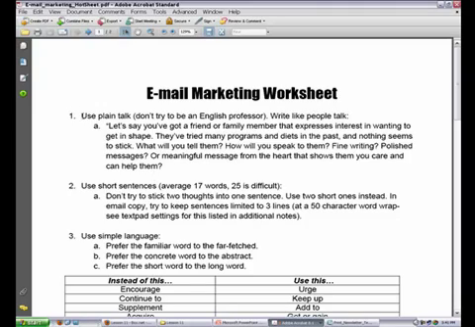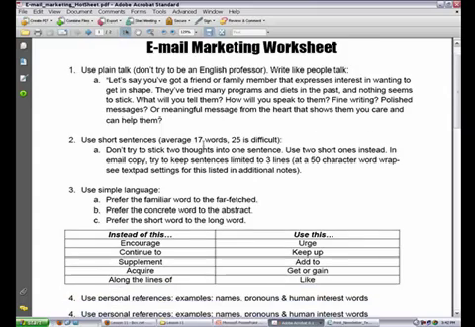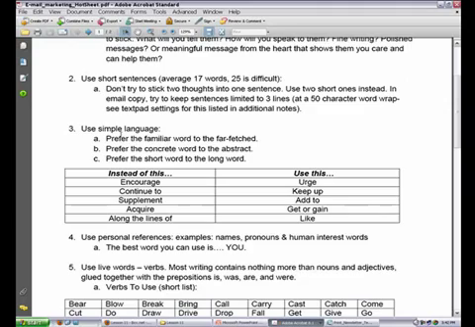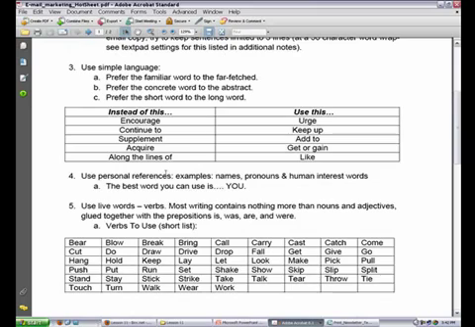The really good tips are: use plain talk. You want to write like you speak, not like your English professor told you you have to write. So it should be very one-to-one, just like you'd write a message to a friend. That's the style of communication and tone you want to use. Use short sentences, so they're not too long. Again, these are emails, so the attention span is really short in reading emails, so you've got to keep it tight, and use short words and action verbs for that.